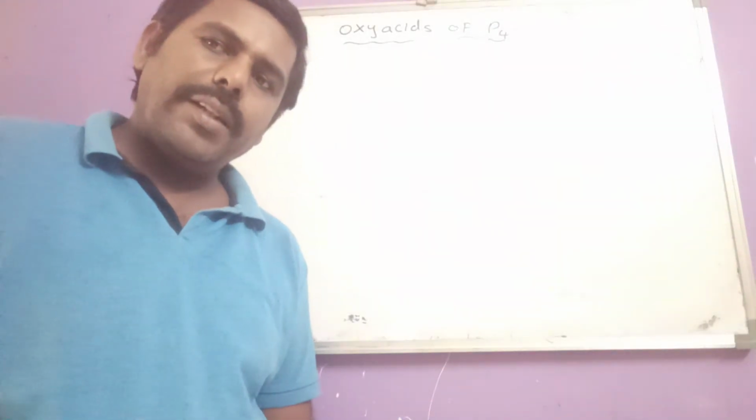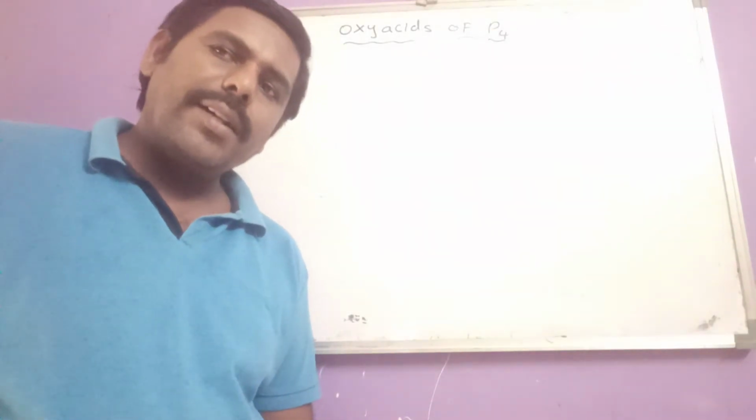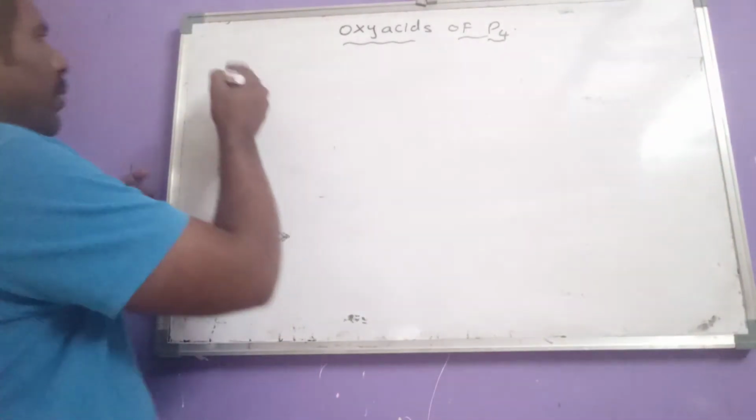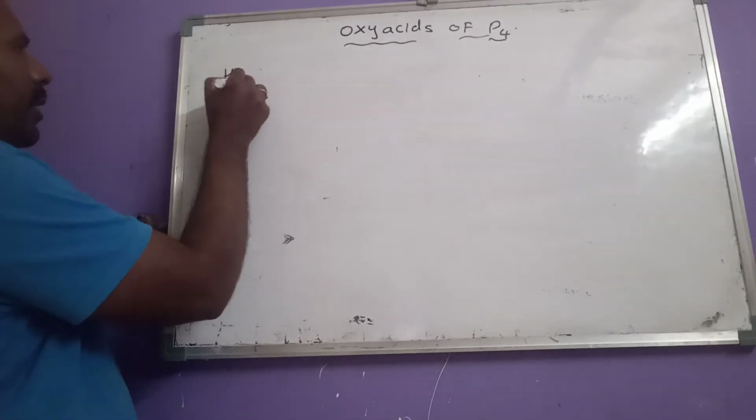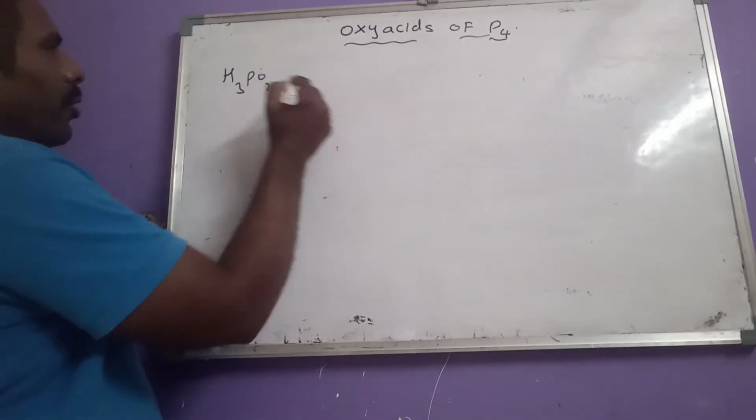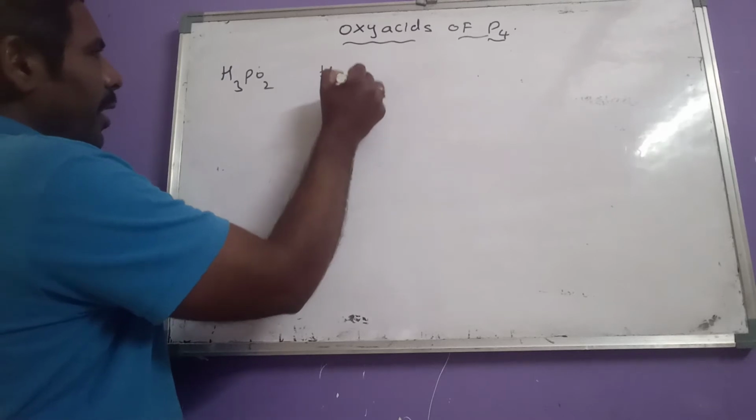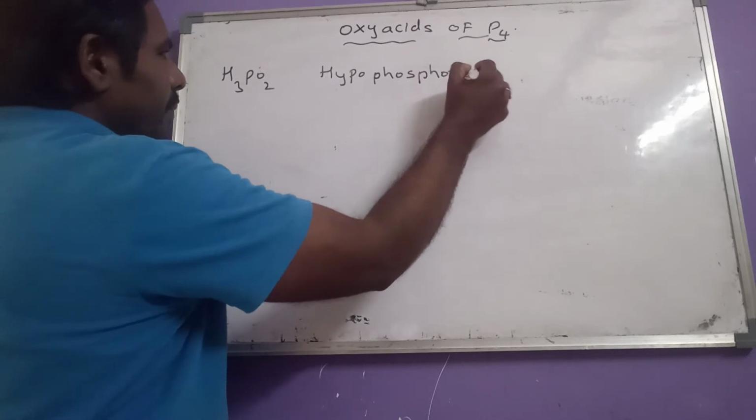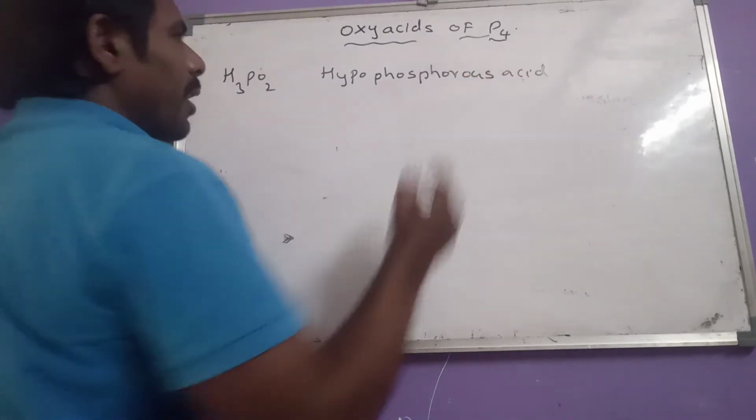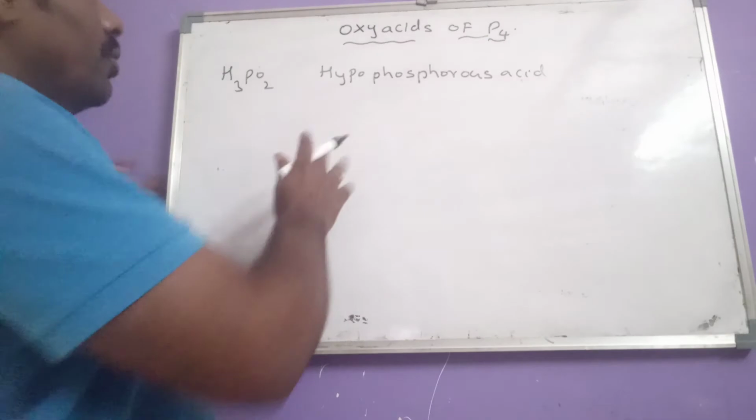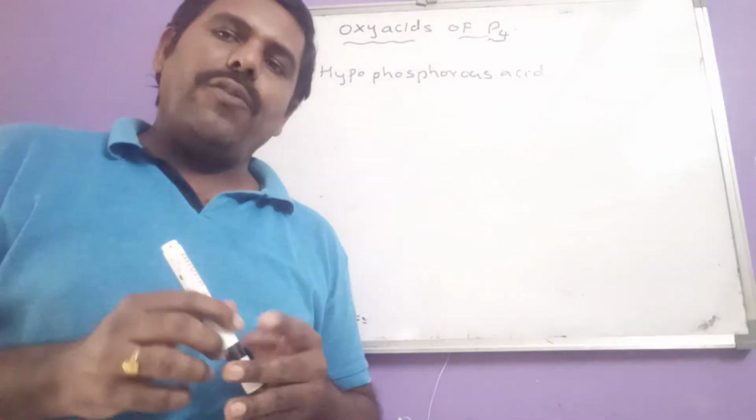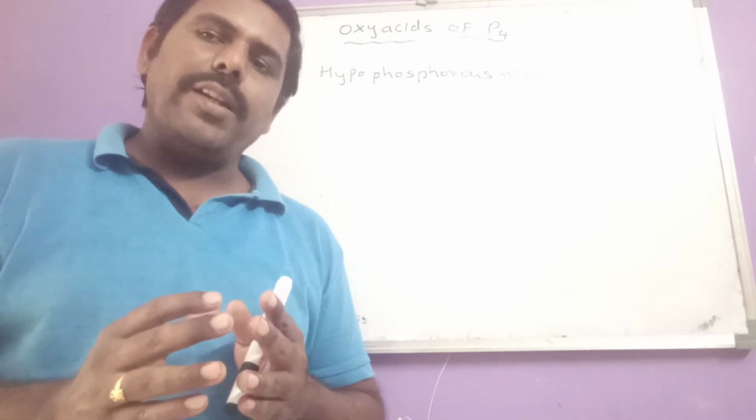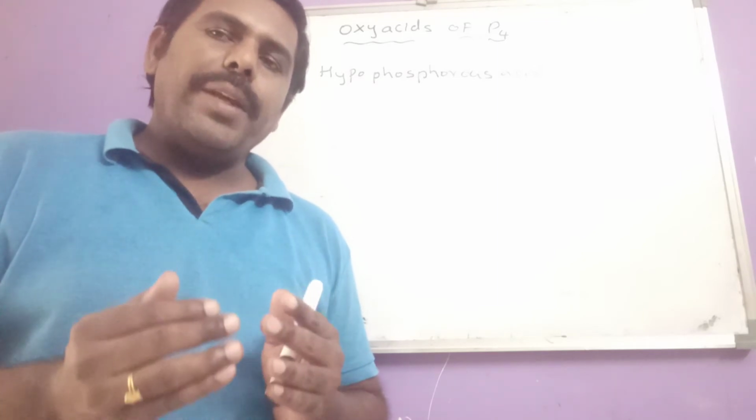Hello to everyone. In this video, let us discuss oxyacids of phosphorus. Okay, let us see what are those. The first one is H3PO2, known as hypophosphorus acid. So, in oxyacids of phosphorus, especially we have to concentrate on what is the basicity